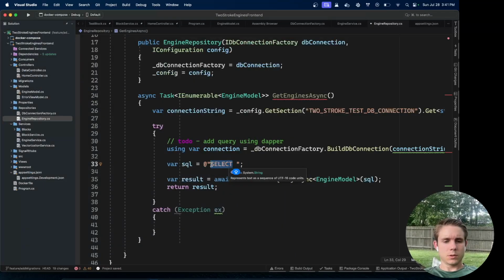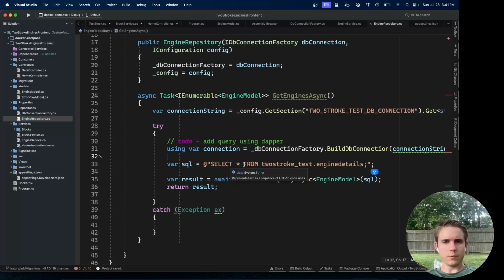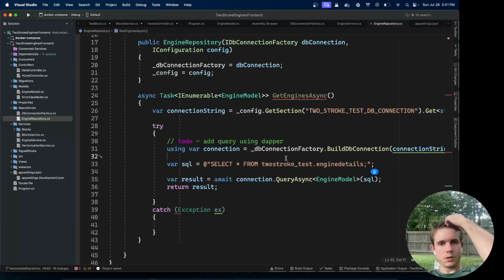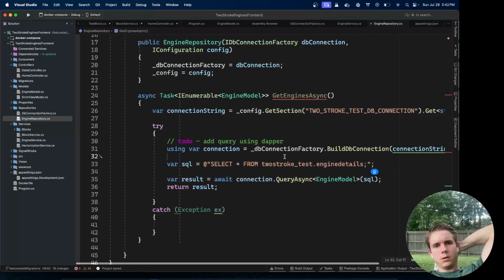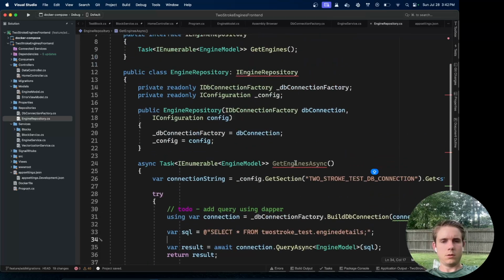But watch this. We're just going to go here and copy and paste that SQL. And that's literally it. So what we're saying is select star from our database and our table. So super nice. You really can't beat that. We're going to go ahead and execute that SQL, run that, return this result, and